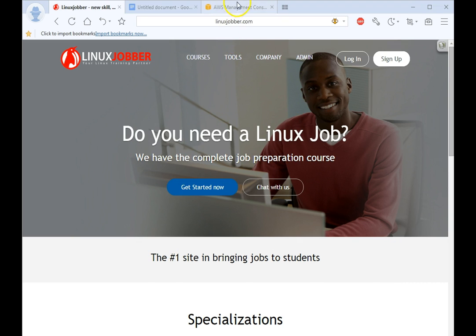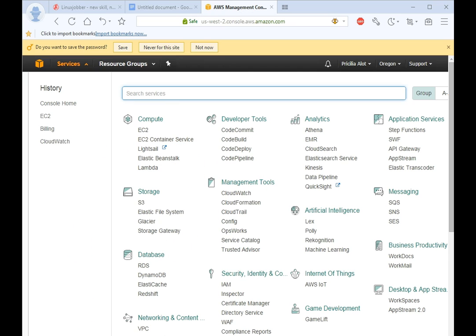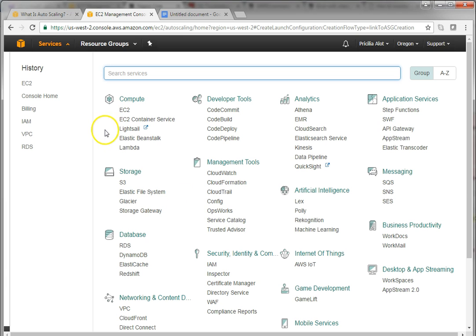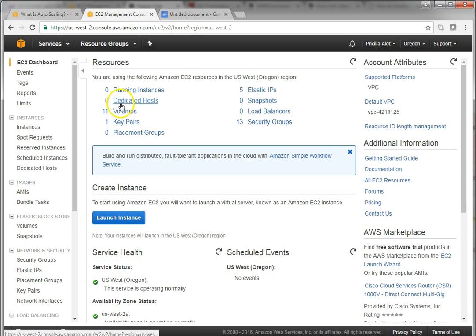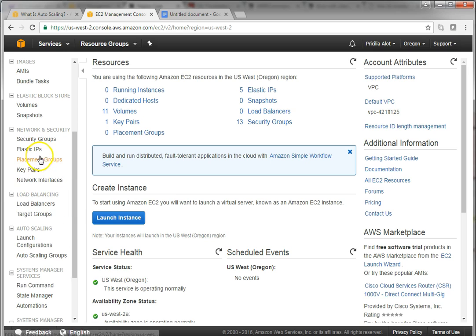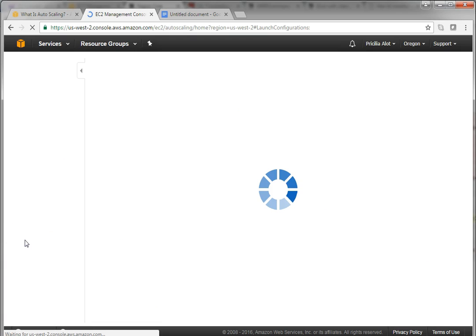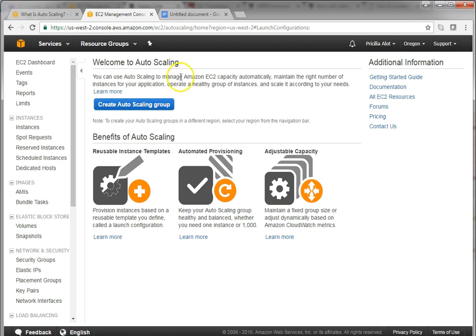Okay, right now I'm going to take you back to the AWS page. In this page, we have to click on EC2. And it's going to take us to the EC2 Management Console, and from the Management Console we have to scroll down, and under Autoscaling we have to click on Launch Configuration, and it's going to take us to the Autoscaling